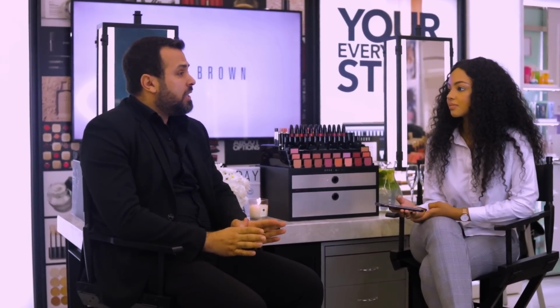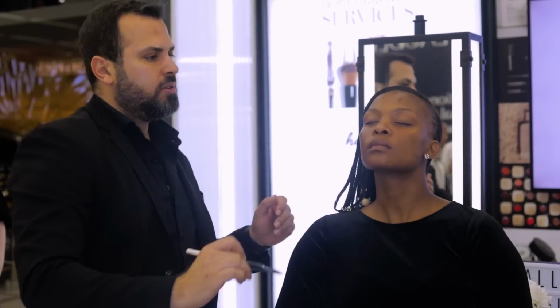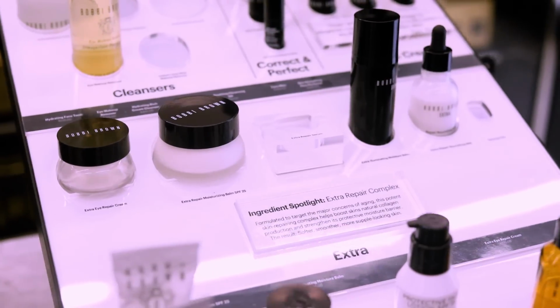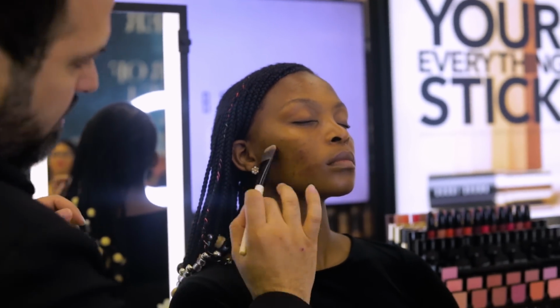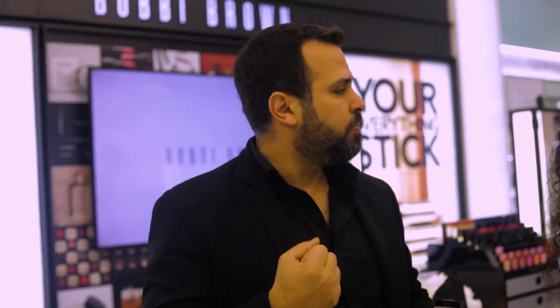All right. And in your opinion, what elements add to the perfect foundation look? So definitely it's how you prime your skin. This is the most important thing when you want to have a beautiful foundation. And I will show you some from our skincare range. So you can see, for example, different primers. It depends on your skin condition. So it depends if you have combination to oily, combination to dry, very dry. So here you can find, for example, the perfect primers that will help you to get the perfect skin